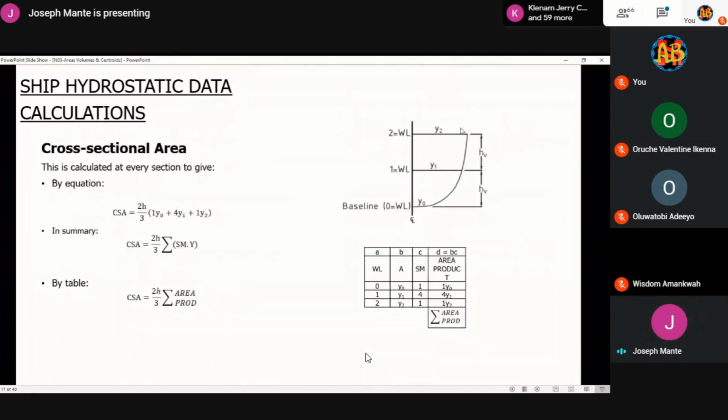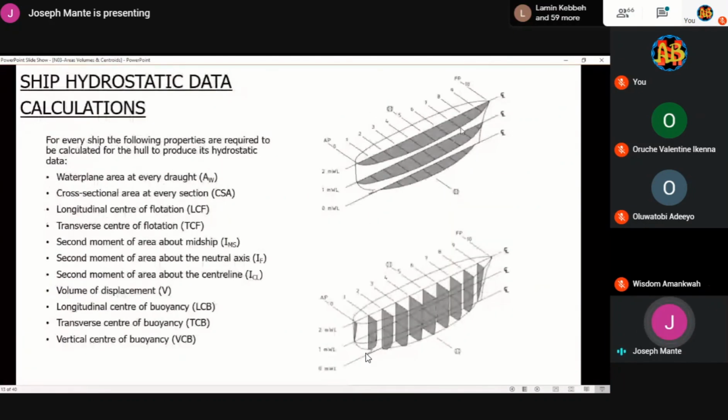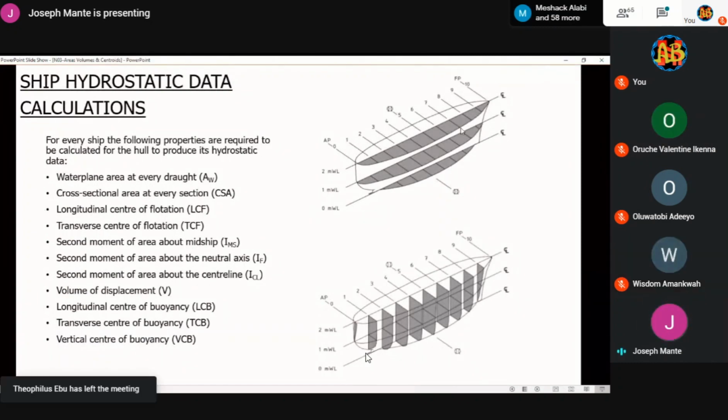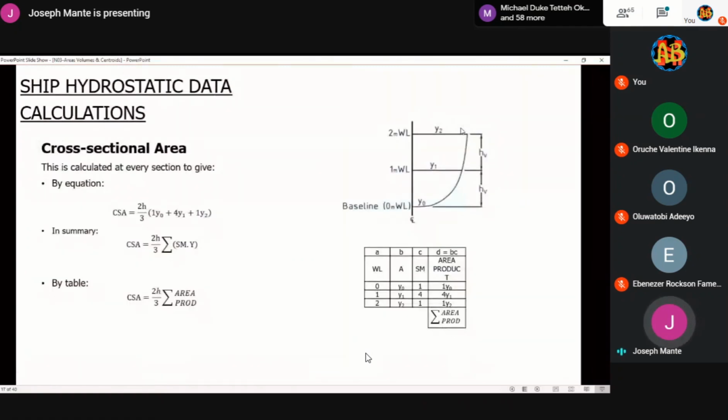Though here we can go into cross sectional area. From here we said that we can calculate water plane area at every draft, so we have calculated for that. Now we are going for cross sectional area at every section. So at every section, here is the cross sectional area. When you cut the vessel transversely, these are the cross sections you will get. So this is calculated at every section